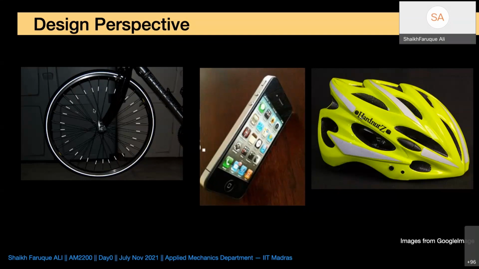All these are part of mechanics. So you need to understand the internal mechanics: why it's not buckling, why it's not breaking in stress. What happens when you have no air in the tire? All these can be understood from the perspective of mechanics, and we will see towards the end of this course whether we have really learned those things or not. How many of you can explain these phenomena using the mechanics that you learn?